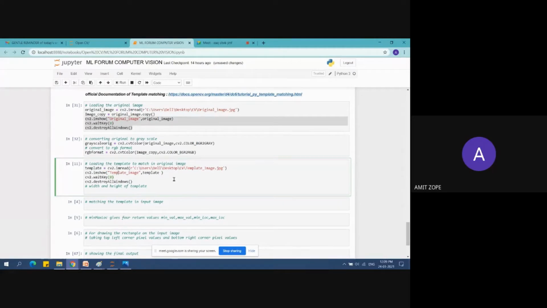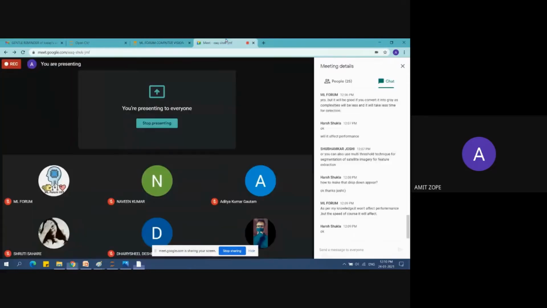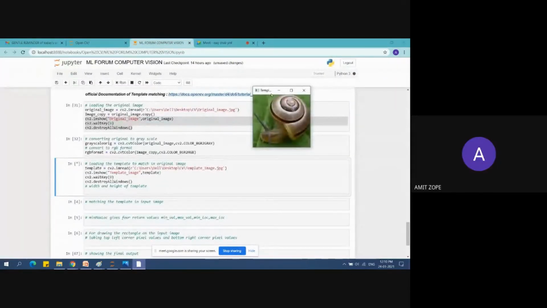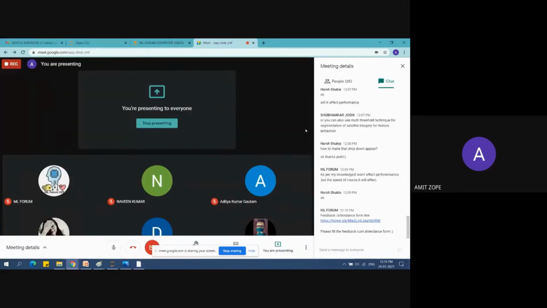So this is the template image. I hope that this snail is visible to everyone. Yes, it's visible. Moving on, is there any doubt?